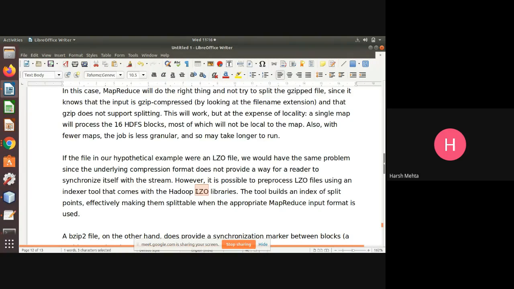So in order to merge, we have to merge in serial fashion. So if we have given indexing to these LZO files, then at the time of merging, it will give us the proper output. If indexing is not there, LZO will not.